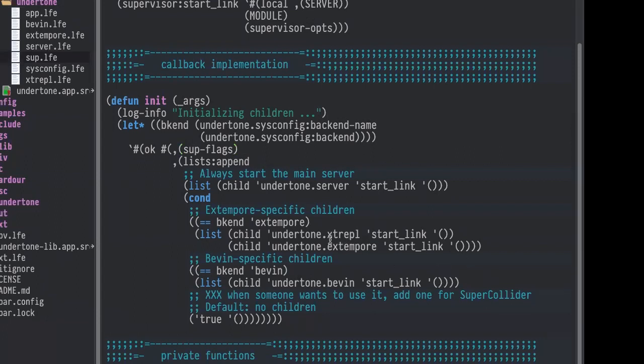And one of these, I guess both of them in fact, the Bevan backend and the extemporary backend, actually both start up OS processes. And that was another question I wanted to ask you. They start them up via ports. So they do an open port, or they used to when they weren't using a different library. But I would like to ask you about the ports themselves, Erlang ports. I've used Erlang ports to communicate with other programming languages.